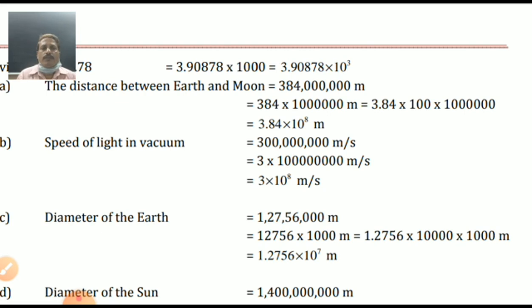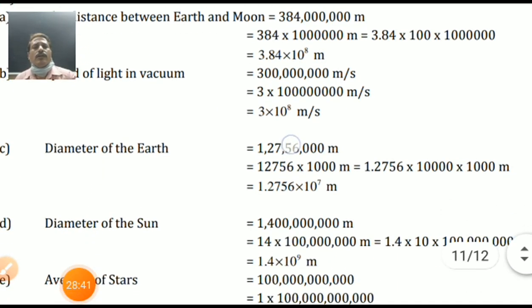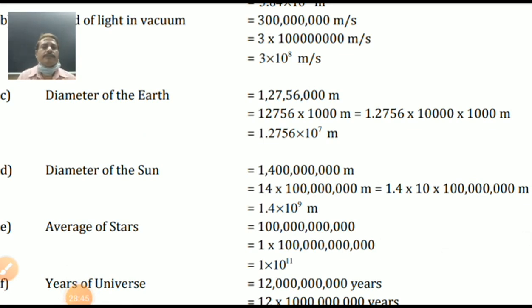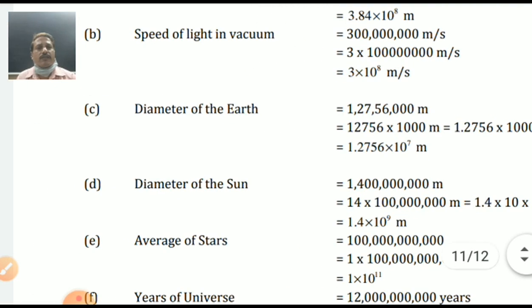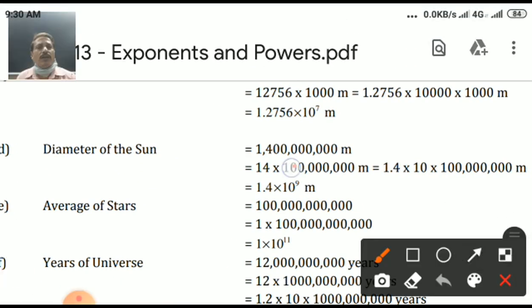One, 2, 7, 5, 6 and 000. I can make the zeros separate and the numbers separate. 1.2756 multiplied by 10 raised to 7. Is it easy? Or you want to check it? Huh? No. Last one, not B. Just check out. 14. Only 1 4. So 1.4 you can take and then after you can multiply. So no need to give this statement also. You can directly give the answer, student. If you have the 1 mark questions, don't write this statement. Directly you can write this one.